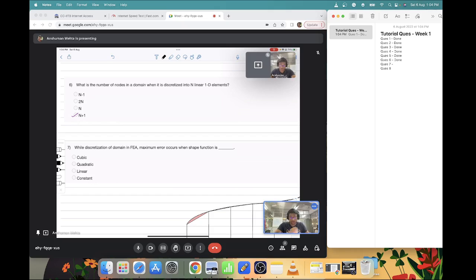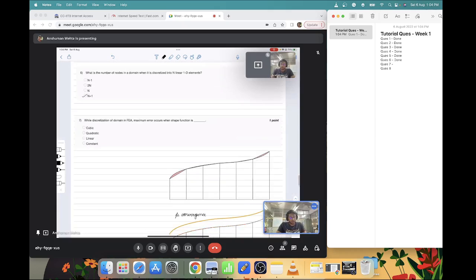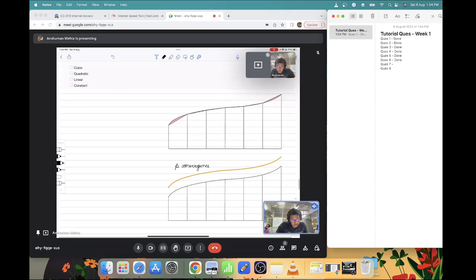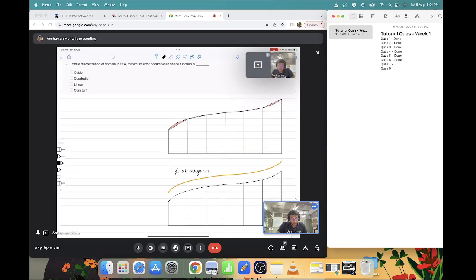Next question is, when discretization of domain in FEA, maximum error occurs when the shape function is... So as compared to the quadratic and linear, we got the feeling that the quadratic is giving less error. So conversely, we can say that linear element gives maximum error, and now there is something called quadratic,